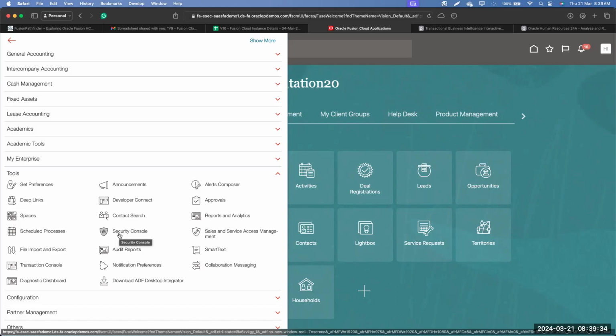They will create user accounts for us. Once they create the user account, they'll add only this IT security role to our user accounts, and then they'll give us access to the application. Once we have the IT security manager role, we'll have access to security console. And from there, we can add roles to our user accounts, start creating custom roles and everything. So once I go to the security console,